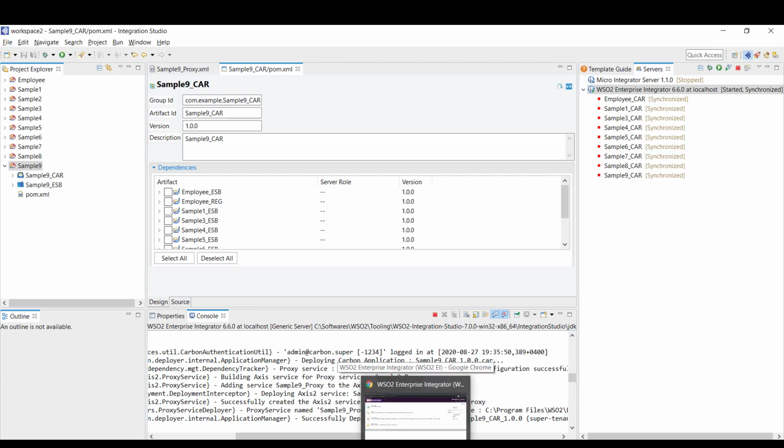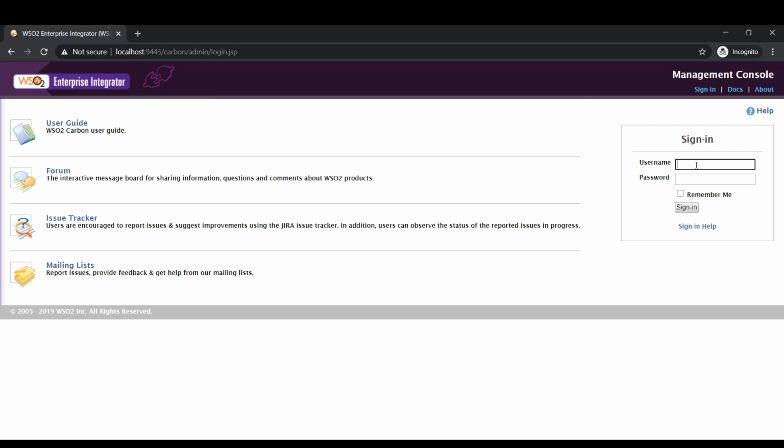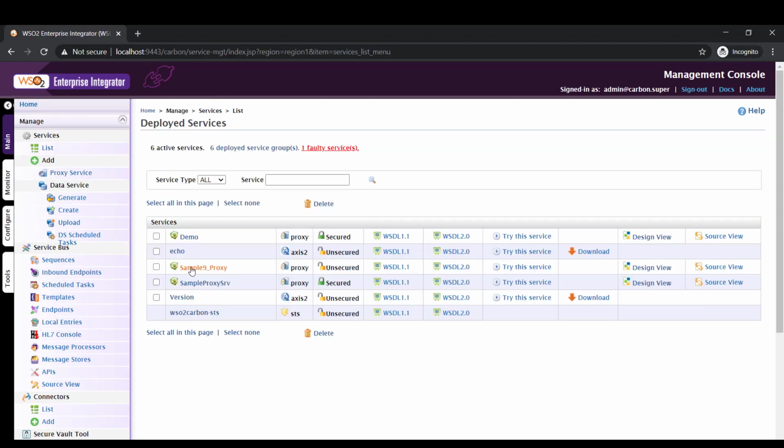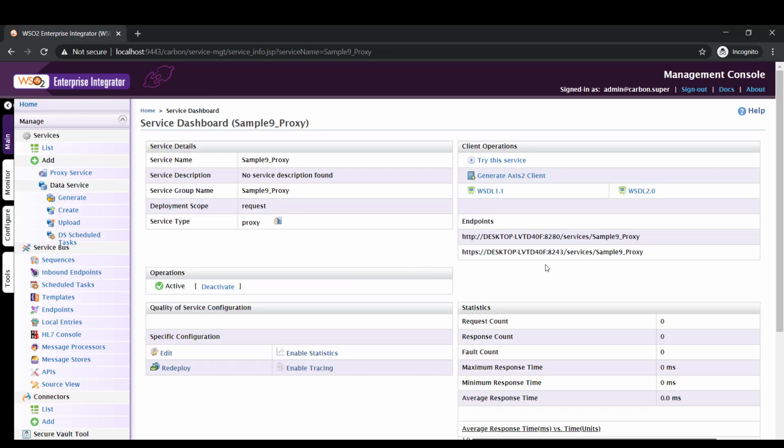I'm switching back to the admin console now. I'm logging in using the default username and password, which is admin and admin. When I click on the services list, I should be able to see the sample proxy here. This is the one that I just deployed. Click on the WSDL, and you can see here it is unsecured at the moment. If you click on the WSDL, or if you click on the service itself, you'll get the URL to access the service. So I'm going to take the HTTPS URL,